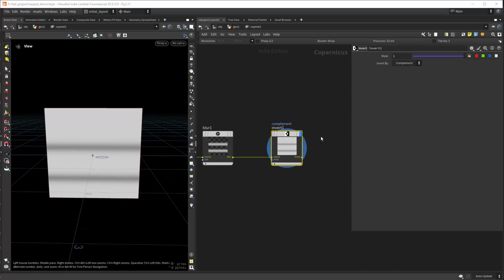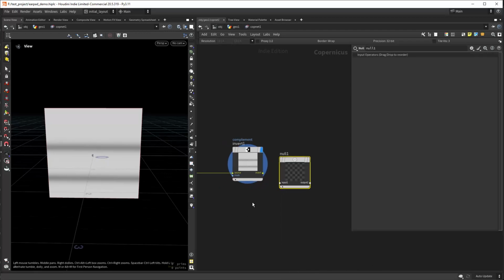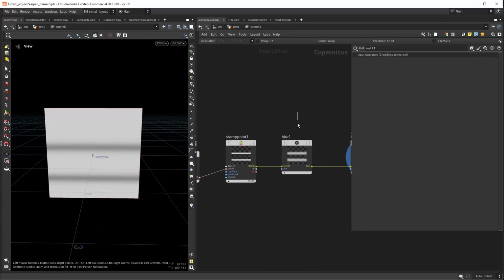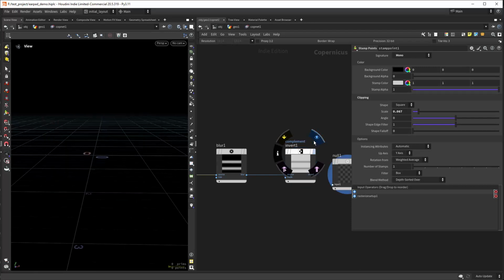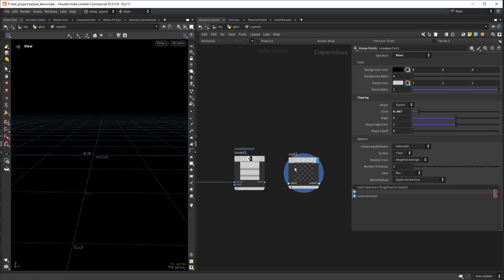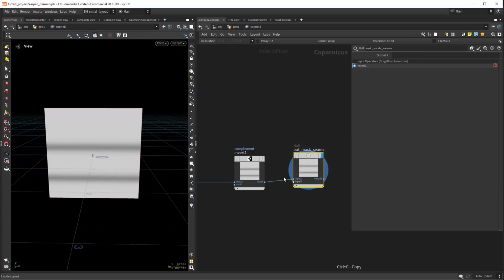So this should be fine. I'm just going to create a null, and in here we want mono actually, so this is fine. And let's create a null, out, mask, seams. Let's Control C and copy,